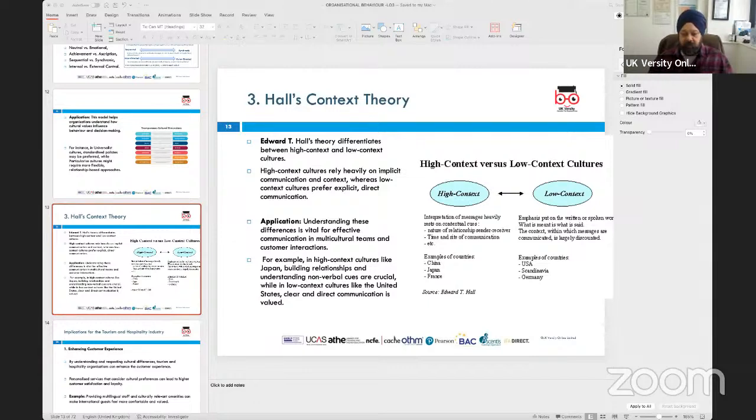Now, when we do look at detailing of it, what I would suggest is that when we talk about the two dimensions that he proposed, high context defines the location or the culture in which you generally would have consumers' expectation being managed. They would be looking at building a very close, interpersonal relationship with the consumers, in order to attract repeat business or build loyalty with a particular location, in terms of customers coming back and rebooking that location. So Hall's